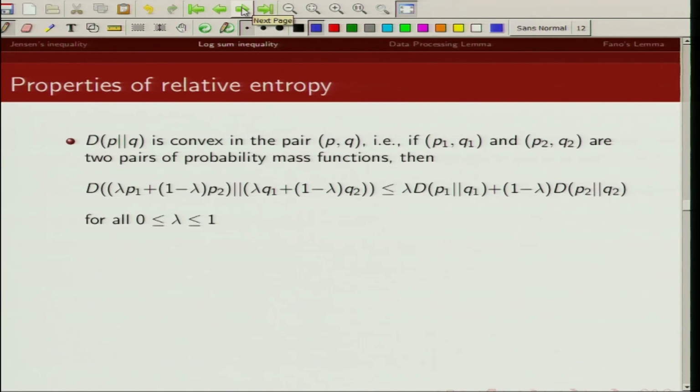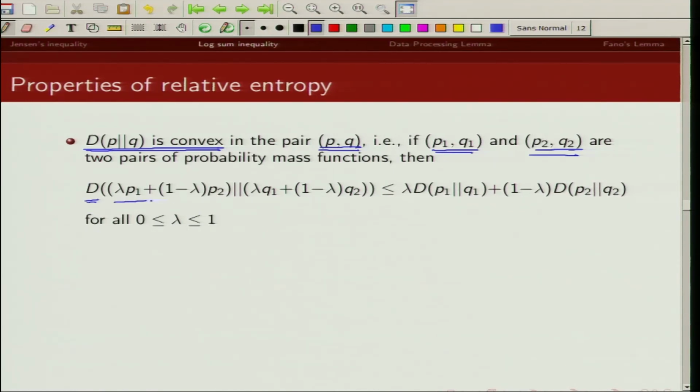Now let us take a simple example where we will prove that divergence is a convex function in the probability pair P and Q, and we are going to make use of log sum inequality to prove this result. So we want to show that divergence between P and Q is a convex function in the pair P and Q. So what we mean is, if P1 Q1 and P2 Q2 are two pairs of probability mass function, then